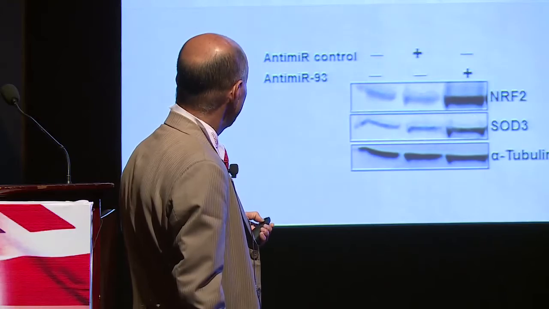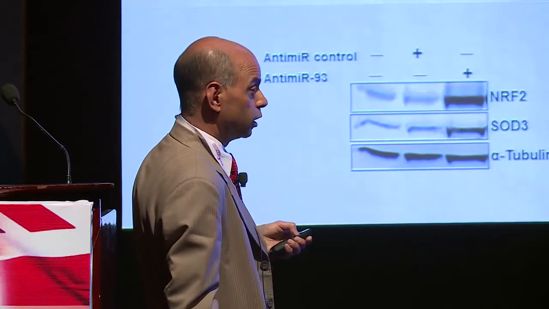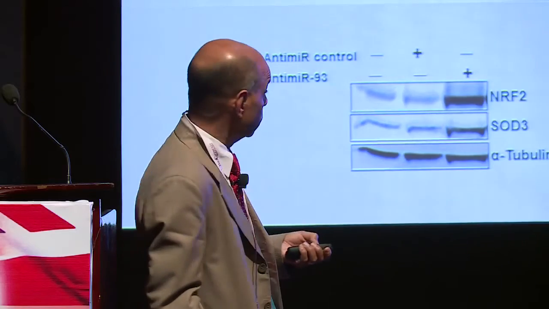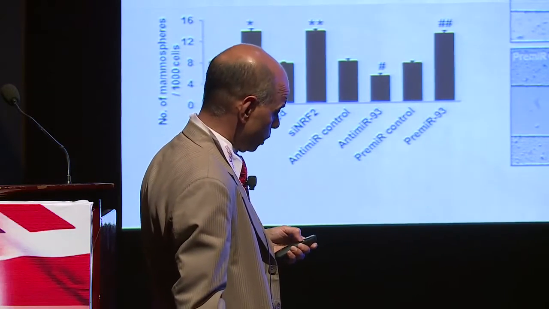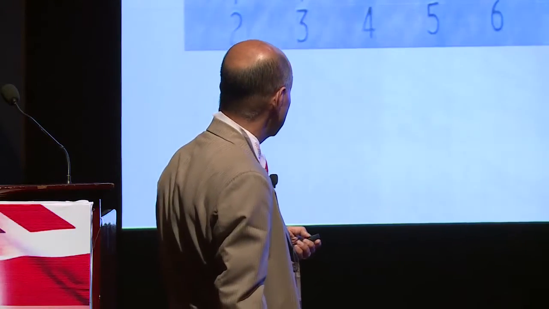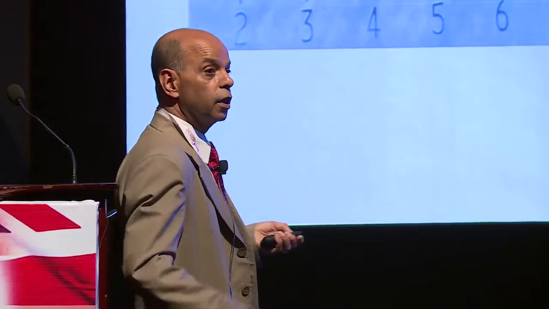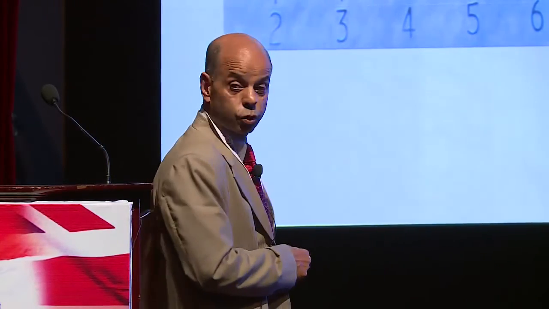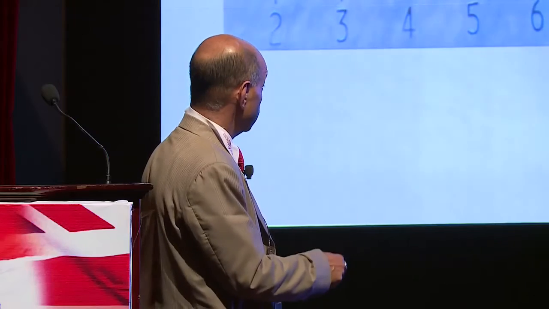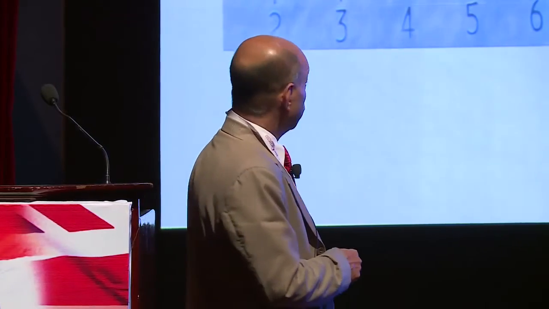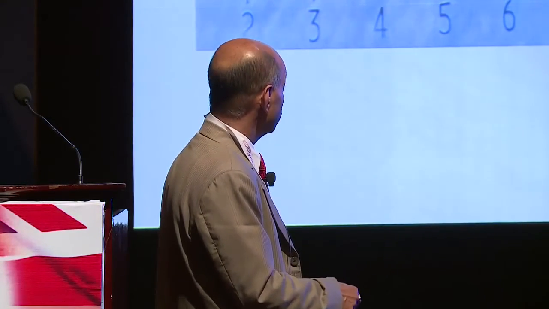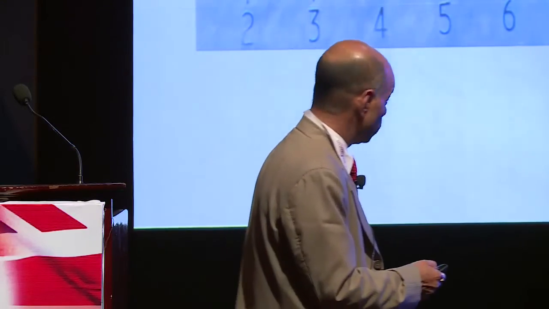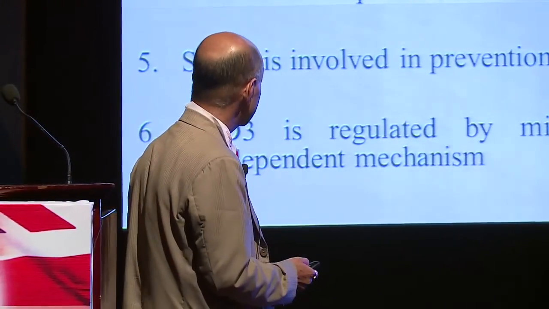I will come to this a little bit later. We also showed that microRNA 93 regulates SOD3 expression via NRF2, and that this microRNA can also regulate the metastatic potential. In the interest of time, I will not go into that. But this is what I wanted to show: we injected nude mice with T47D, a breast tumor cell line that produces tumors in nude mice. But if you use the same T47D cell line in which SOD3 is stably transfected, there are no palpable tumors, and at necropsy we see a very small tumor, suggesting that SOD3 does have tumor suppressor characteristics.